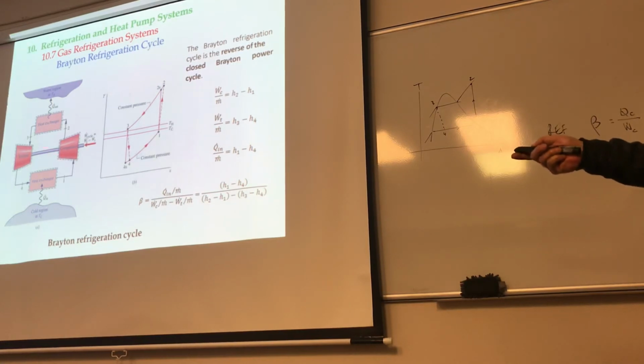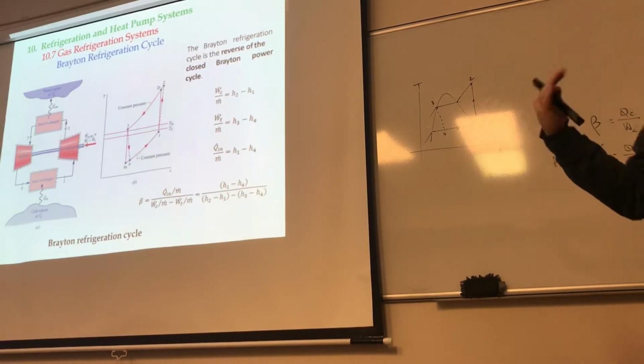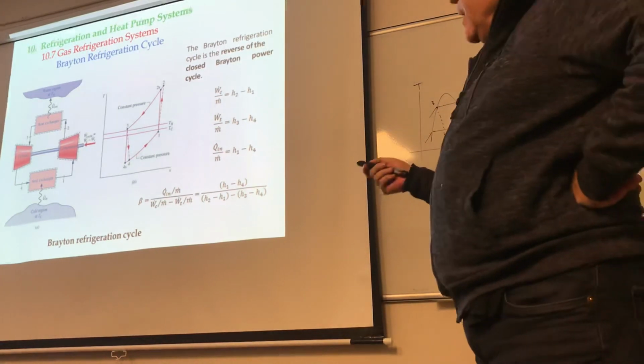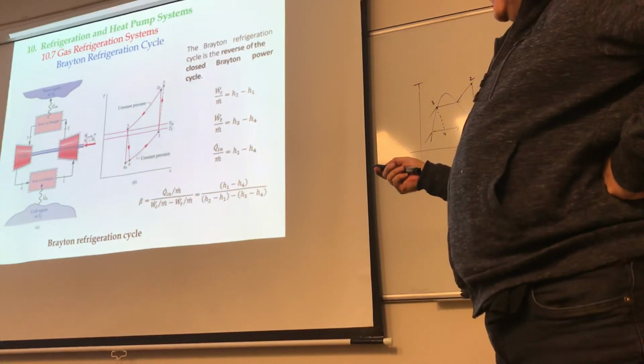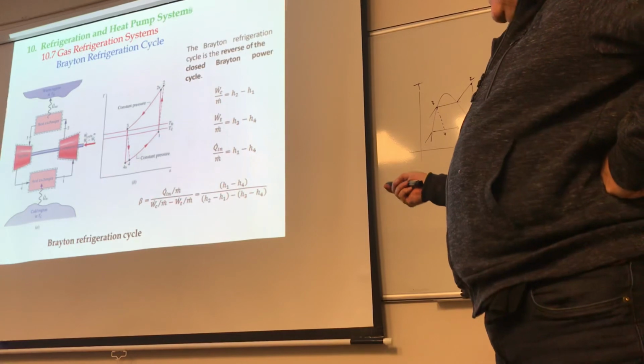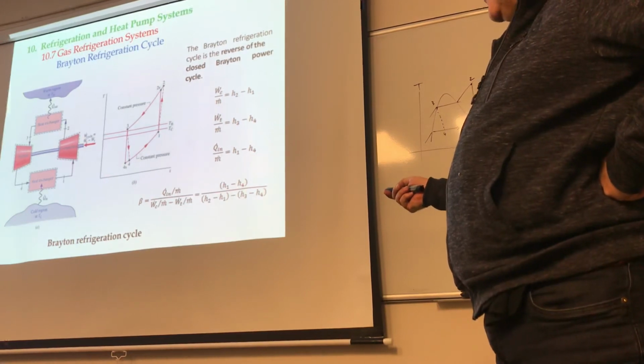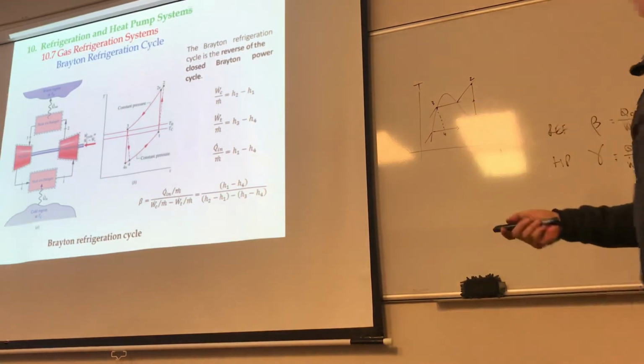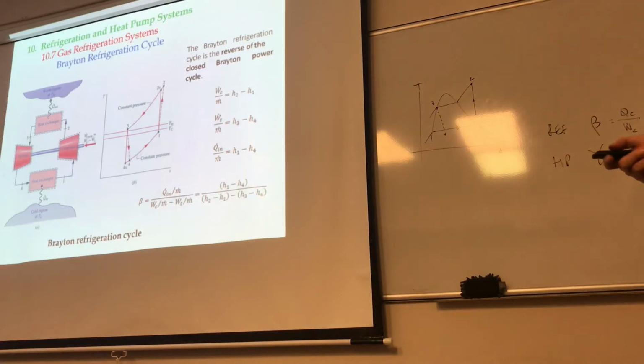Here you have two components doing work, so there is a net amount of work that you are applying, which is the work of the cycle, WC minus W1, and therefore it's going to be H1 minus H4 over H2 minus H1 minus H3 minus H4. So again, nothing out of the ordinary for this one, in my opinion. It's really straightforward, right? And to analyze something like this, all you need to establish is 4 values of